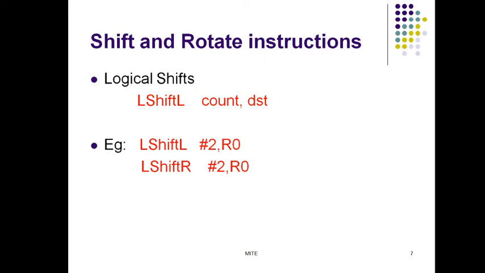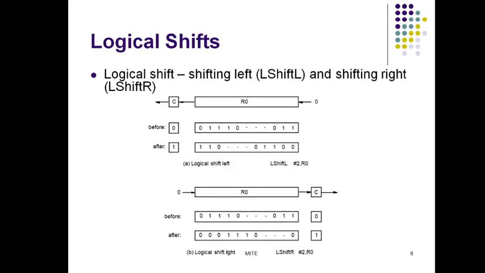So when I shift the bits, the last positions will be left out, so those will be filled with zeros, and the bits shifted out are passed through a carry flag C, and then they will be dropped. Involving the carry flag in shift is useful in performing arithmetic operations on large numbers that occupy more than one word. So let us see in this figure an example of shift contents of register R0 left by 2-bit positions is given.